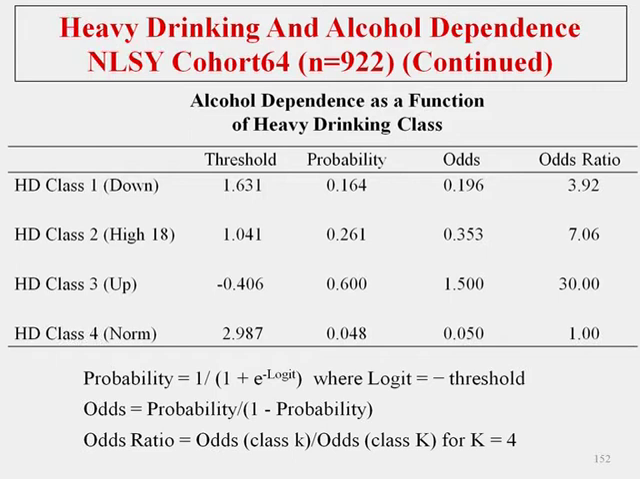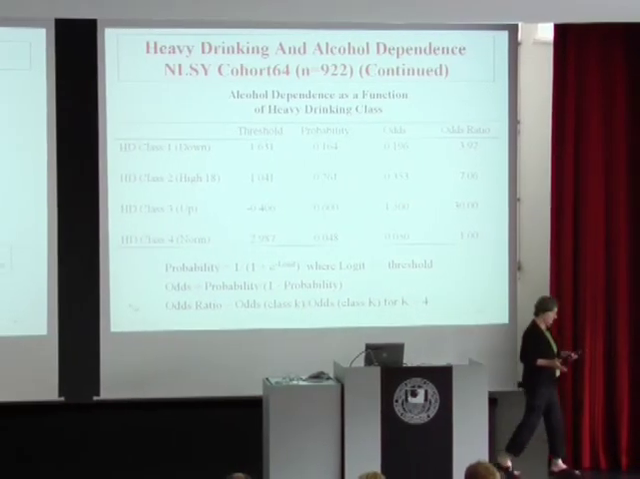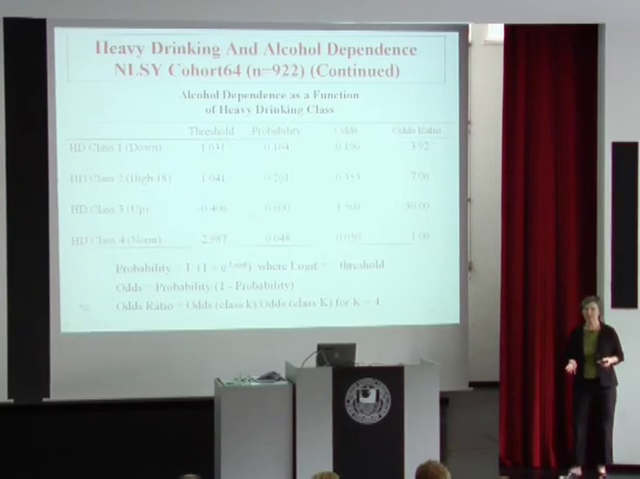There are 30 times greater odds for that class to have alcohol dependence, which is the dependent variable. So you can see that that's how we use this. And once again, it's the interpretability, it's the